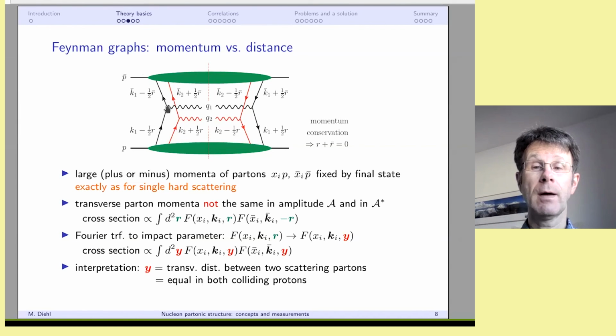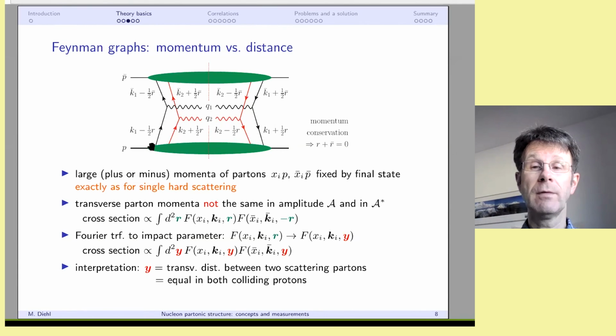The same happens in the second hard scattering, where the momentum difference just has the opposite value because I want this to be symmetric. So this is my assignment of variables, and I do the same thing for the proton on the other side. And the important thing you can see here is that this momentum difference between left and right